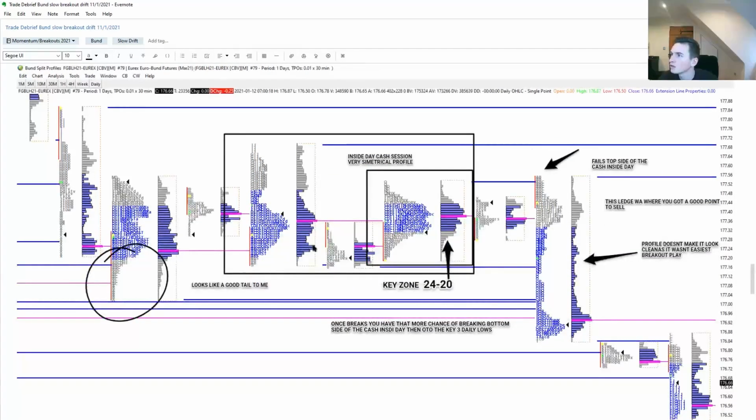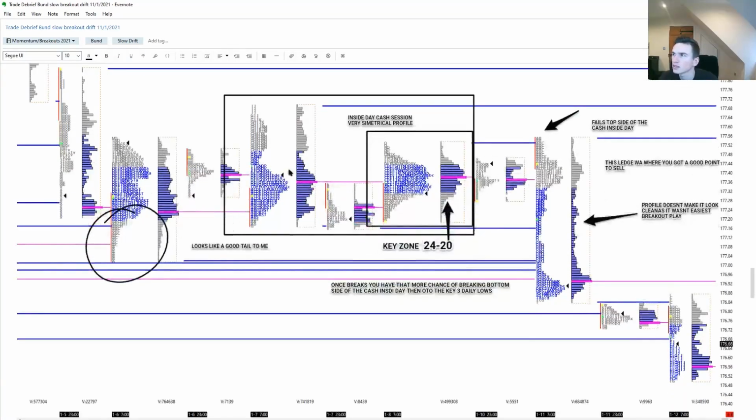So again, you've got those 24s here. These are all split, so ideally all in blue and purple are the cash sessions, where the overnight are the really tiny small ones. So you've got the 24s and the 20s here, and you've actually got an inside day of cash, as you can see in the boxes. So you get a little initial balance, can't break out. You've gone through it by a couple of ticks, as I say here, and then you've come down,